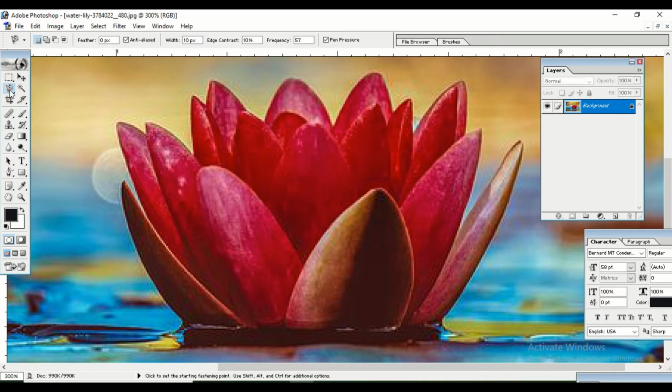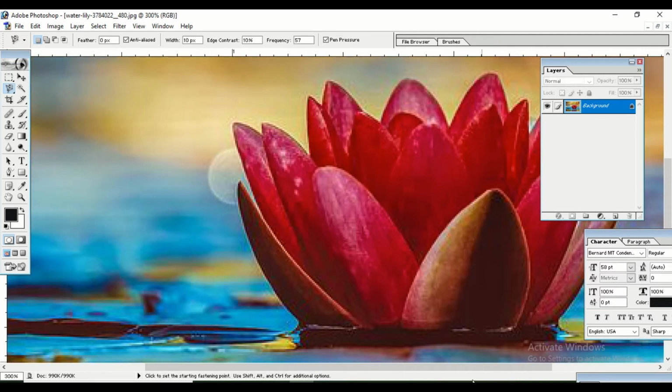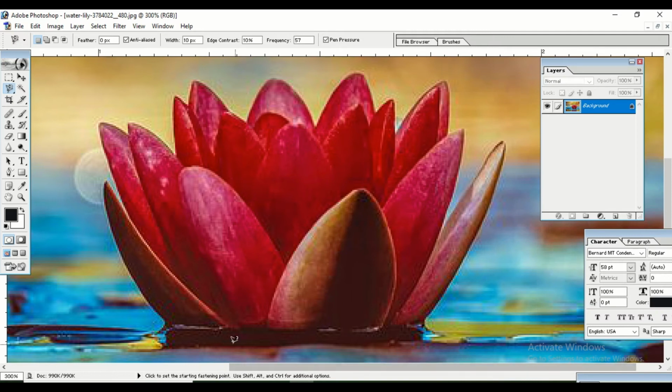So this is the magnetic lasso tool. Take this tool and then zoom in on the area that you want to crop. Zoom in on this part as much as it can occupy your screen so that you can work properly on it. And then click and drag on its borders. Now here due care has to be taken, so do it slowly.